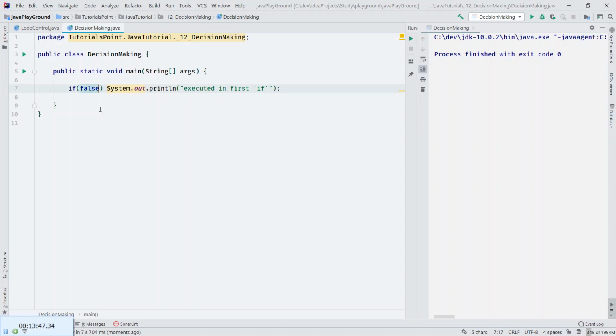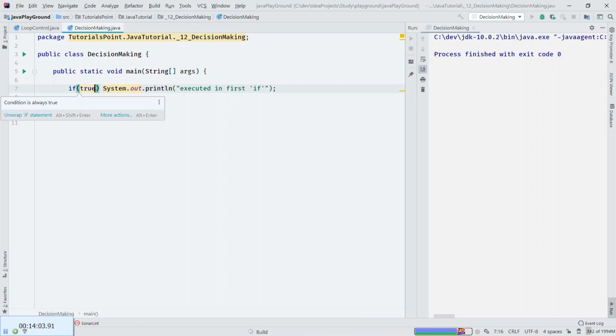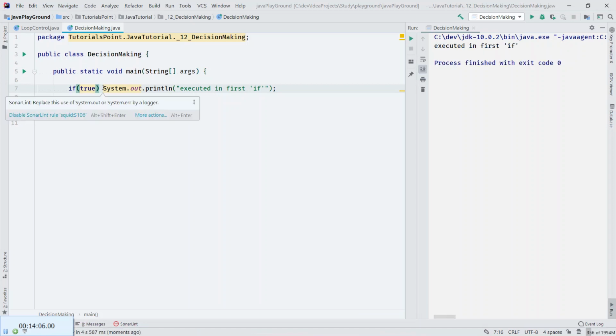And this condition will tell you if it gets executed or not. So if we say true, now we have no output because this was false. So it goes from the beginning, then this conditional gets executed only if this evaluates to true.